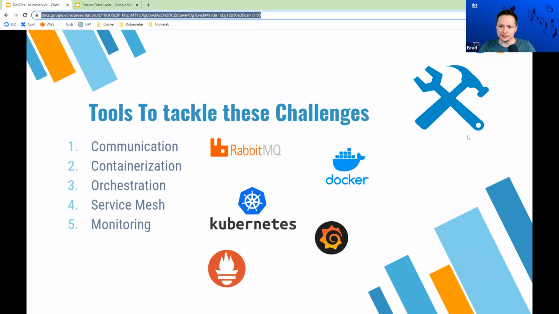And there's two more points that I want to talk about here, and that's service mesh and monitoring. So actually, Kubernetes does provide different types of service meshes, and service meshes just allow communications between your microservices, and it eliminates some of the complexity, so you don't have to program all the logic out. You just build up a service mesh, define a few parameters, and everything is sort of solved for you. And we can actually implement that with Kubernetes, and we'll have a look at how we can do that as well. But before we move to the next slide, let's talk about monitoring.